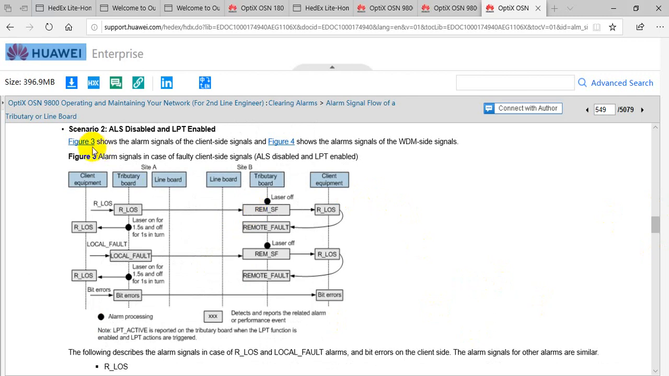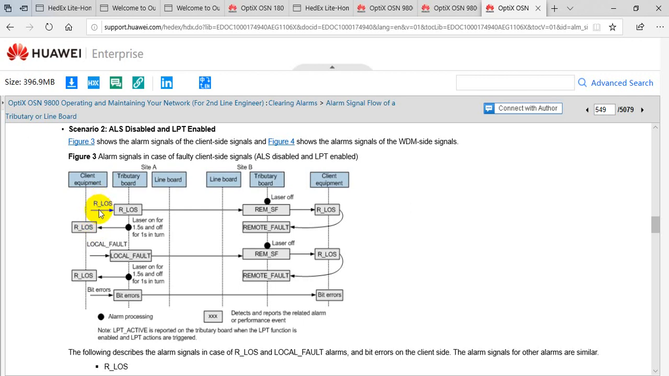Now in scenario 2, where we are now taking one by one. So in this case, link pass through is enabled and ALS is disabled. Please note, we cannot use them together. So if LPT is enabled, ALS has to be disabled. So there is nothing special here. So in this case, the first figure of scenario 2, which is figure 3,